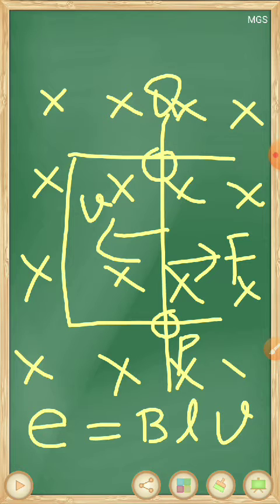So because of this induced EMF across the ends of the conductor, a current flows in it known as induced current, and the direction of induced current we can determine by using Fleming's right hand rule. So using Fleming's right hand rule, we can find out the direction of induced current, and it will be the direction from P to Q. This is the direction of induced current.